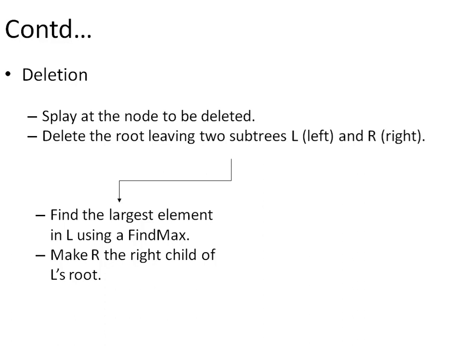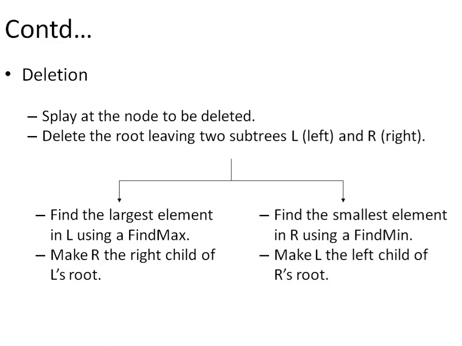So if we have picked the left subtree, then we have to first perform the find max operation on the left subtree. The moment we perform find max operation, the maximum value will become the root in the left part, and then its right subtree should be empty. So the right subtree will be added to the right pointer of that tree. So we have actually joined the left and right subtrees.